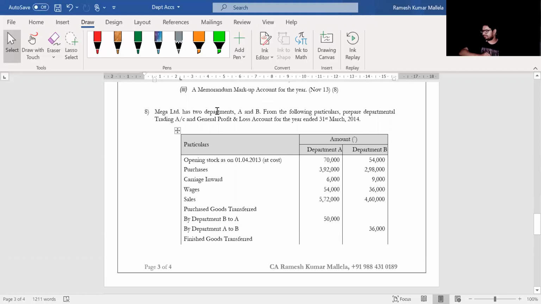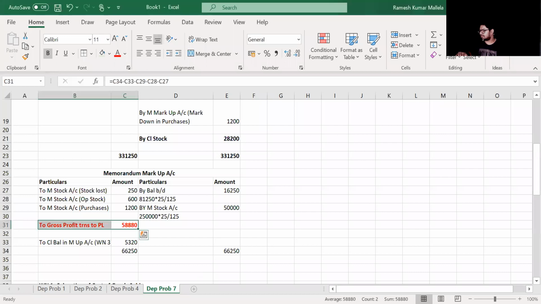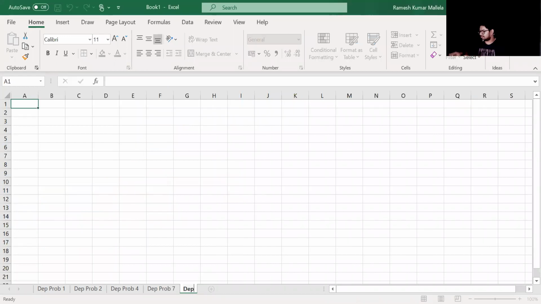Okay, so now what is difficult in this problem? Let's first understand that. If you observe this problem, it is about two departments where both are transferring to each other. So you cannot call it a process flow department. Both of the departments are interdependent. Okay, so it could be considered as interdependent. And now let us start with the solution.